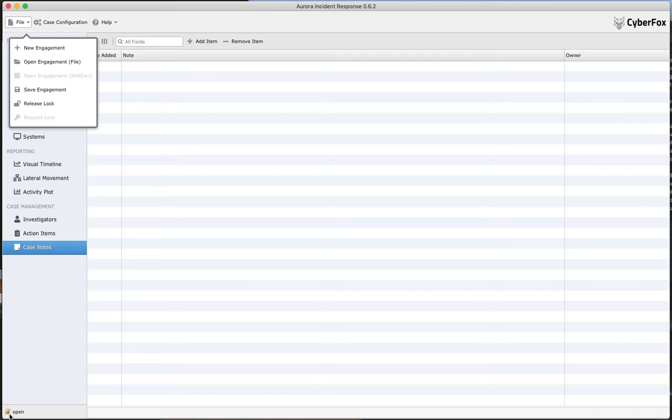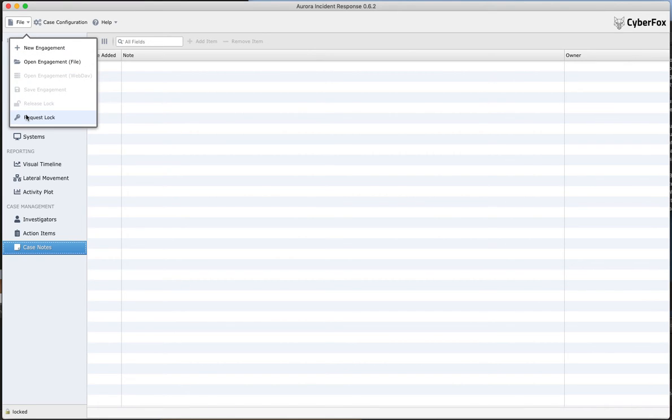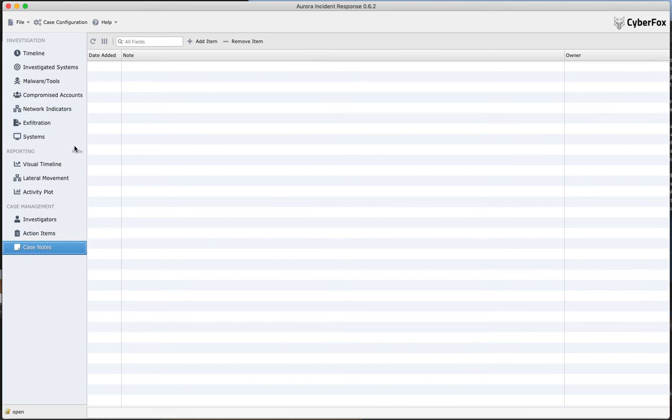That means I'm currently allowed to edit that file. You've seen that because I added an investigator. What I can do here now is release the lock. As you can see, it's locked now, and I cannot add anything or remove anything. And after that, I can try to reclaim the lock, and now it's